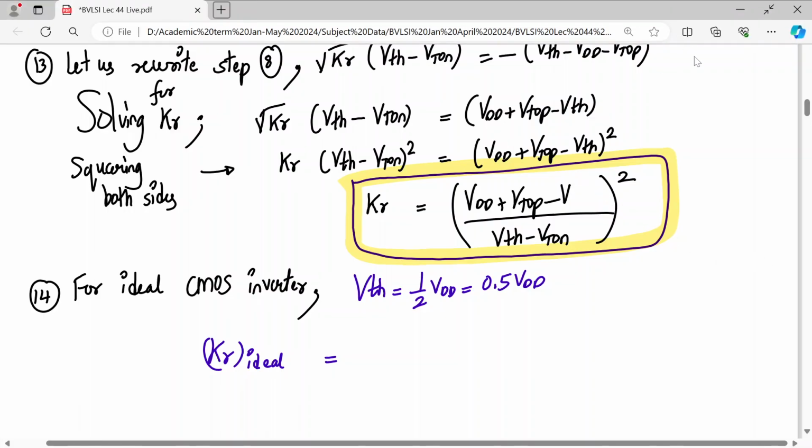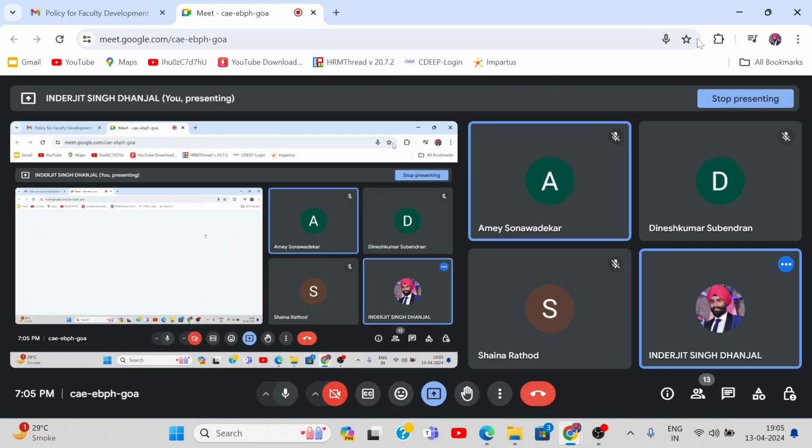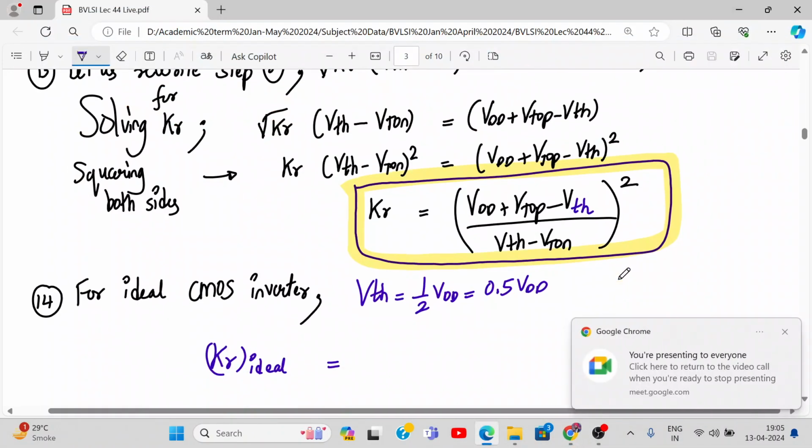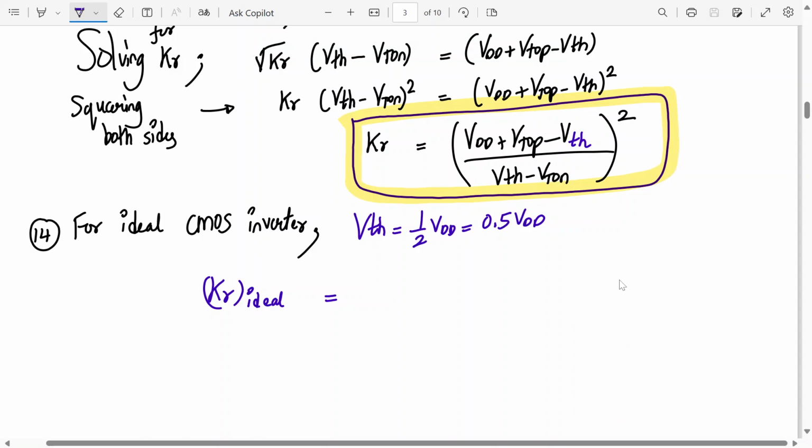Anyways, I hope you are all listening. So Vdd minus Vth, that means Vdd minus 0.5 Vdd, that will be 0.5 Vdd, right? Plus Vtop, divided by Vth is 0.5 Vdd, so 0.5 Vdd minus Vton,